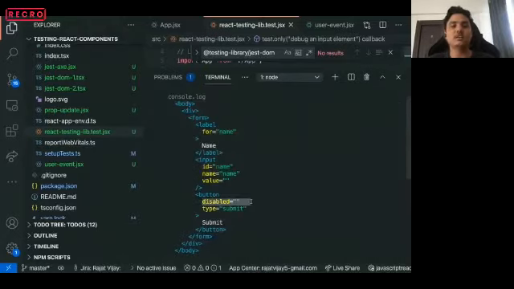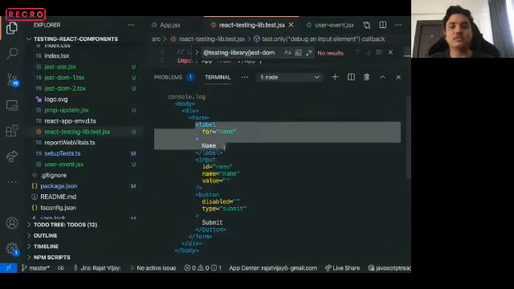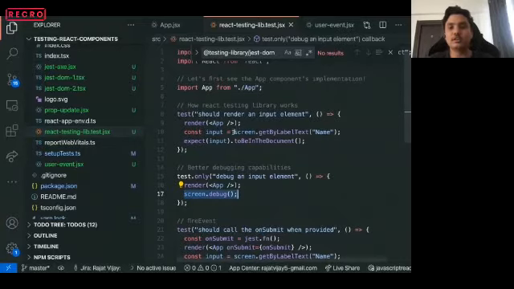You can see that it has a disabled prop, so you can write queries checking if the button has a disabled prop or not. You can see that this input has a label element associated with it, so you can write queries of the form screen.getLabelByText. So these are the better debugging capabilities that React testing library provides.